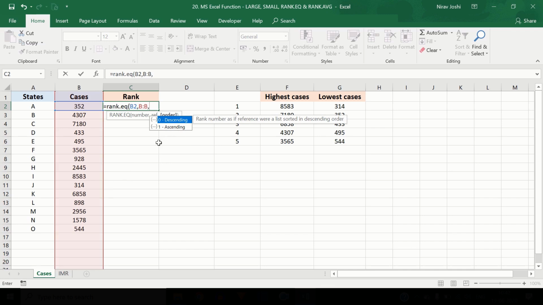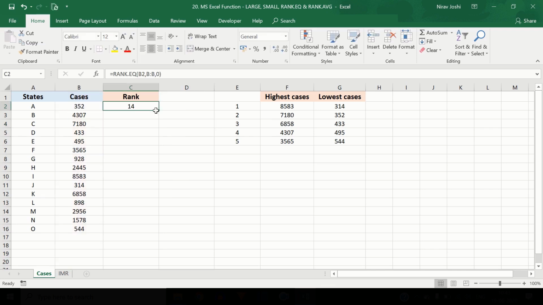So it will go in descending sequence of the value of the data to provide rank. Similarly, if we want to apply rank in ascending order, meaning we want to give the lowest value the first rank and so on, then we need to select 1 as an option. Here we want to give first rank to the highest cases, and that's why we can select the descending option.